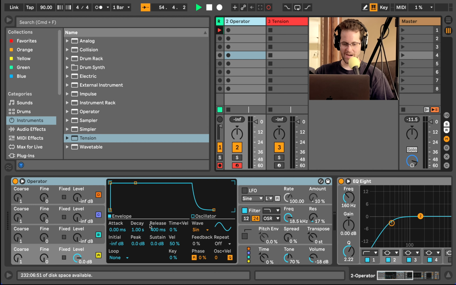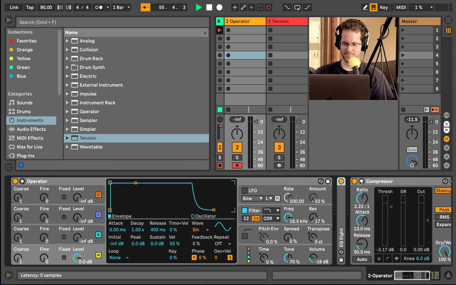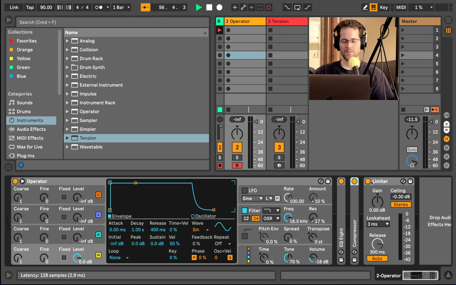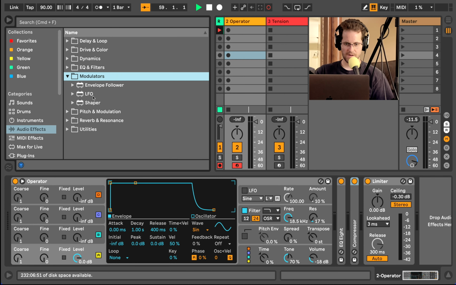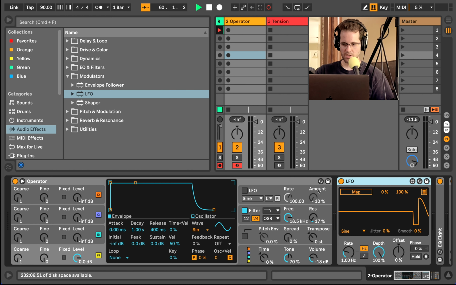So I wanted to work with Operator first because I wanted to use the free running LFO tool that you can find over here with Operator. I've been doing less Operator, which used to be the bread and butter synthesizer that us OG Ableton users have been using for the last like 10, 15 years. There was a period of time where it was really just Operator, Analog, and Sampler. So in any event,